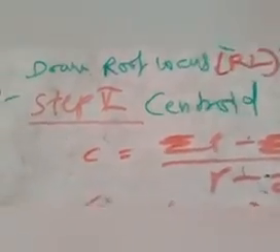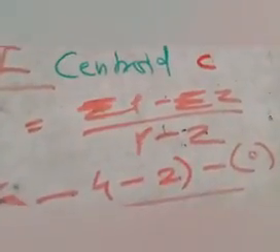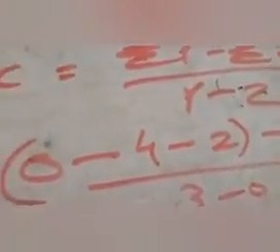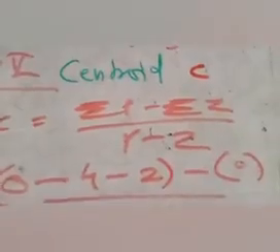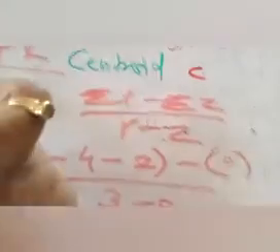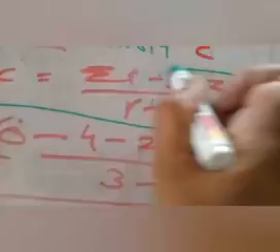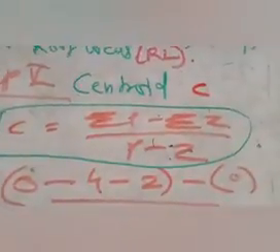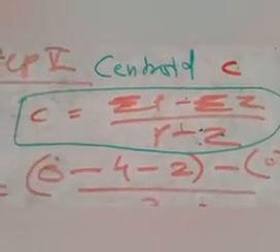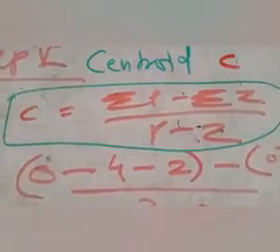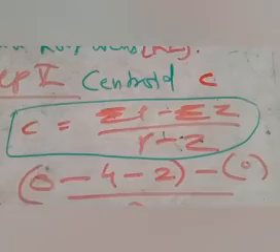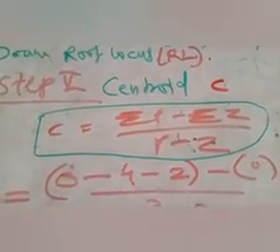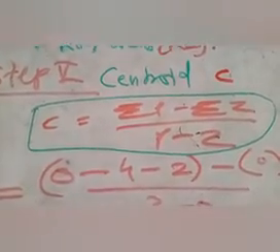Step number 5, centroid. Determine the centroid. Then how to determine the centroid? So C is equal to summation of P minus summation of Z divided by P minus Z. This is the final formula for determining the centroid. What is the centroid? The intersection point of asymptotes on the real axis.